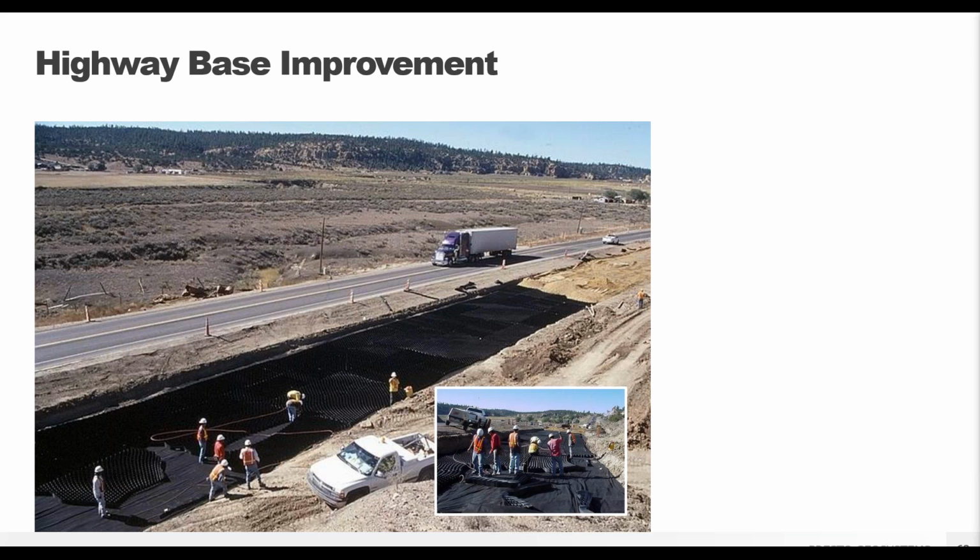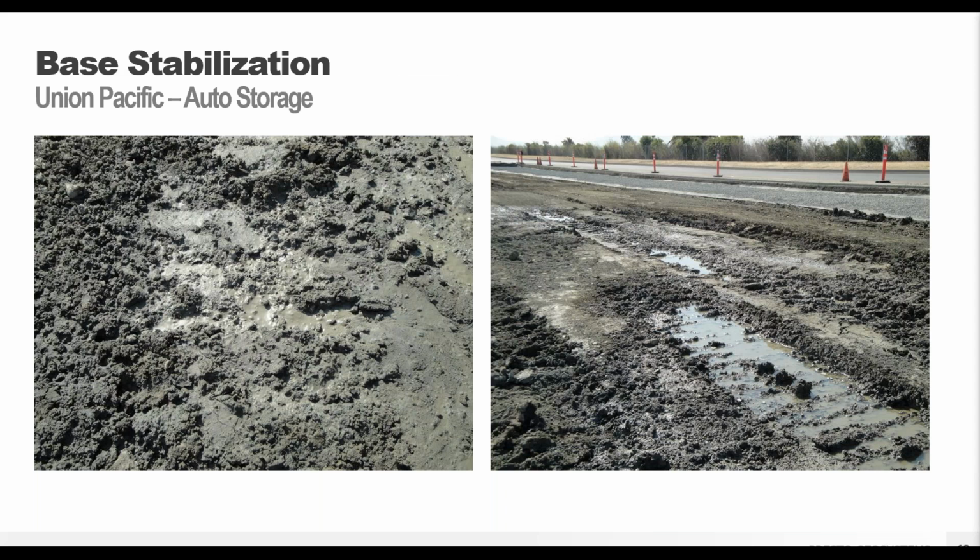So this was a nearly 200,000 square foot project, and it went into the ground quickly and inexpensively, solving the DOT's budget and construction issues. This was another project for Union Pacific Railroad out in San Francisco, California. So this was an auto storage yard for cars being offloaded from overseas.